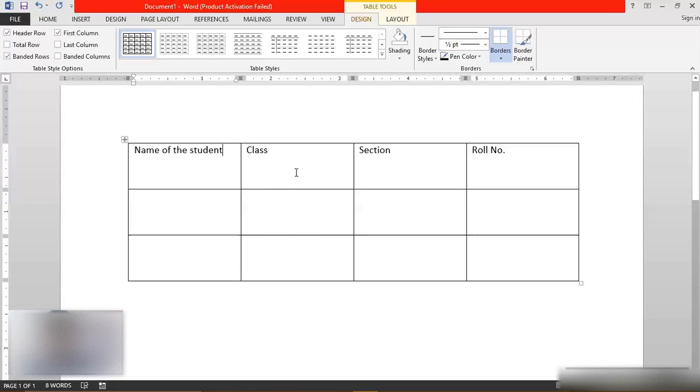And if you want to move to different cells, then you can use either the arrow keys for moving upside, downside, left side, or right side, or else you can press the tab key for going to the next cell, that means in the right side, and shift plus tab for going in the previous cell, that means in the left side. For upside and downside, you will use the upper arrow and down arrow only. So this is how we enter data in a table.